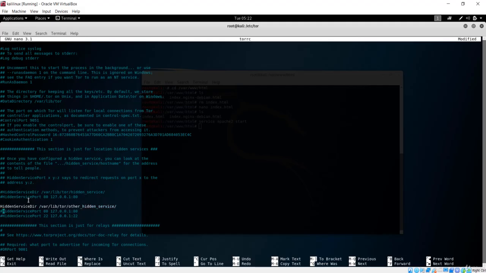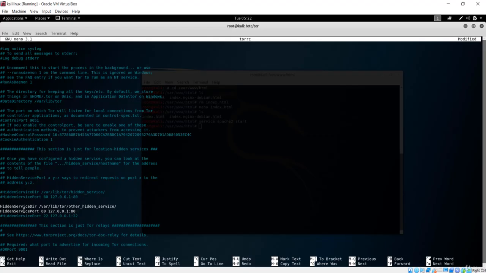and the next one is hidden service port. So you could see now we have run this port. You can also change this port, you can also change this server IP address. All you need to do is simply go over here and change it if you want to change the port. Let me say if you want to run on 8080 you can do that, but for now I'll just say 80 and simply uncomment only these two lines. Just remember you have to uncomment only these two lines.